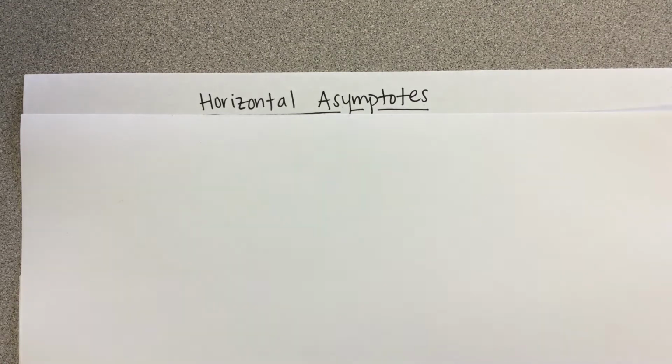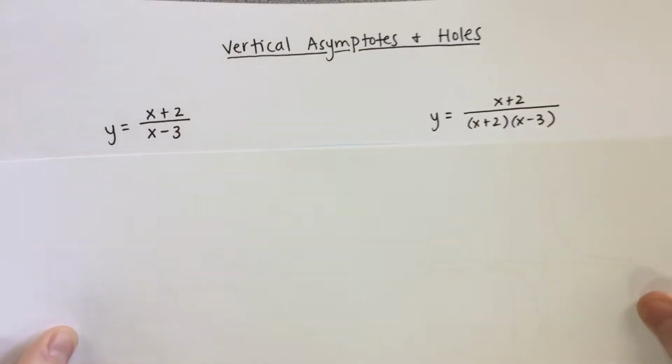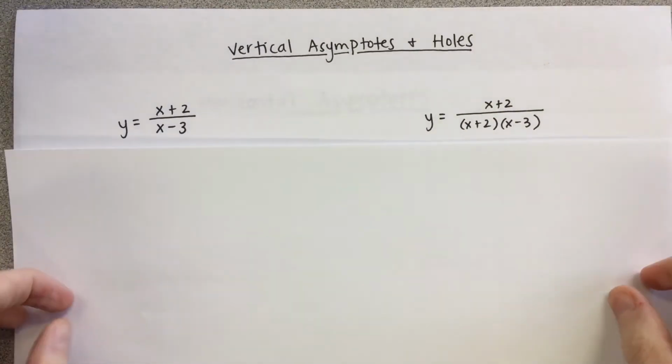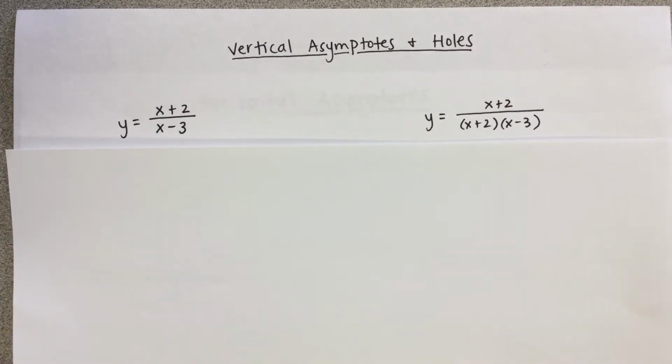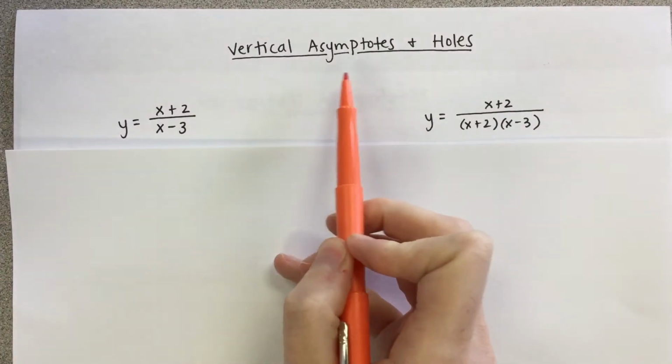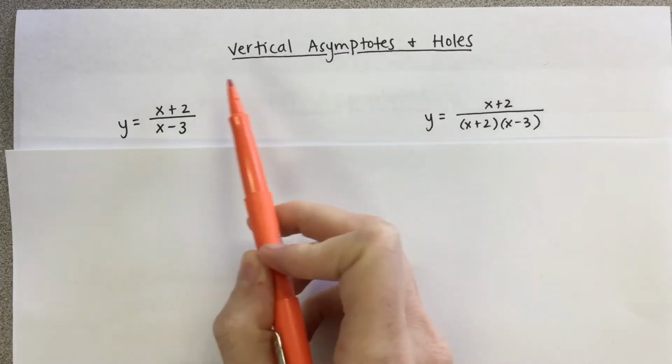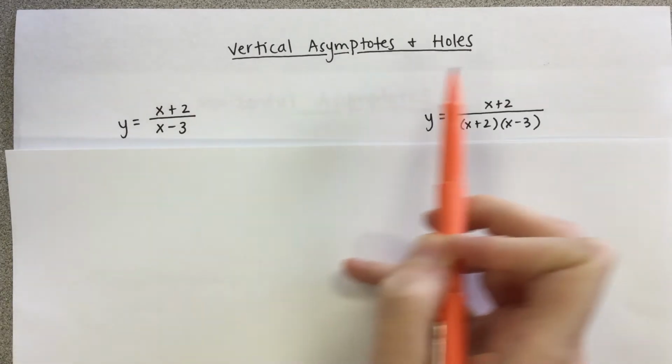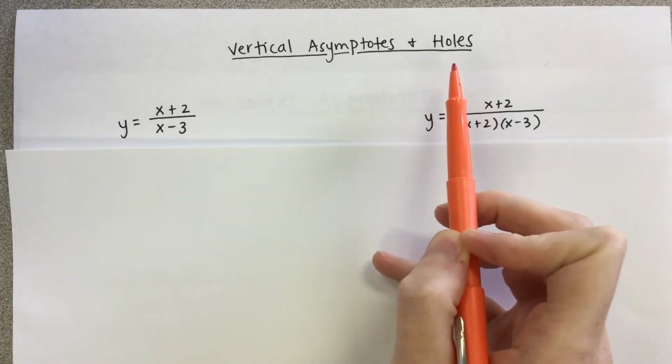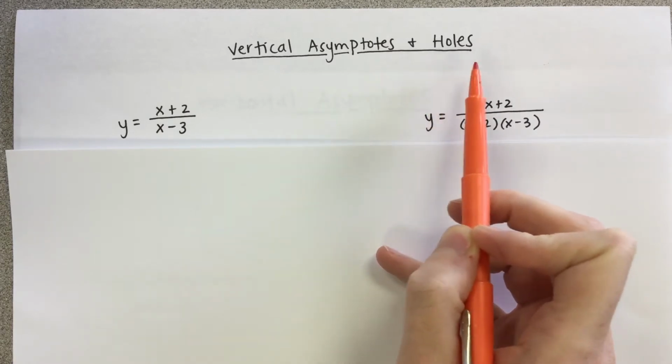In this video, we're going to talk about how to find the horizontal asymptotes of a rational function. But before we do that, let's look back at vertical asymptotes and holes as a little review. So the vertical asymptotes are the values that make the denominator equal 0. The holes are also the values of x that make the denominator equal 0, except these are the factors that